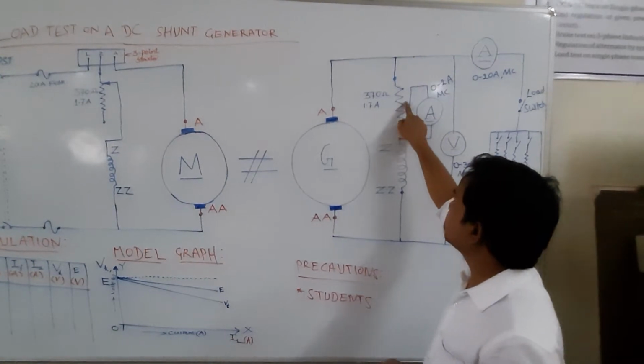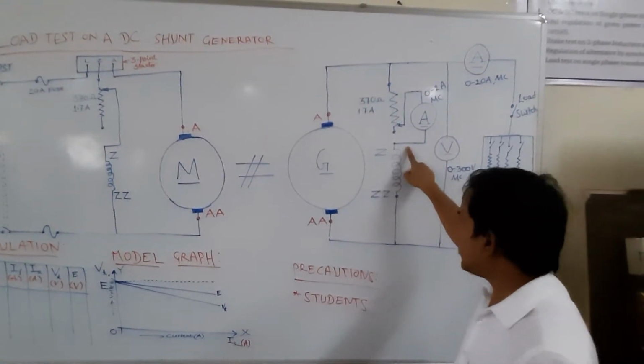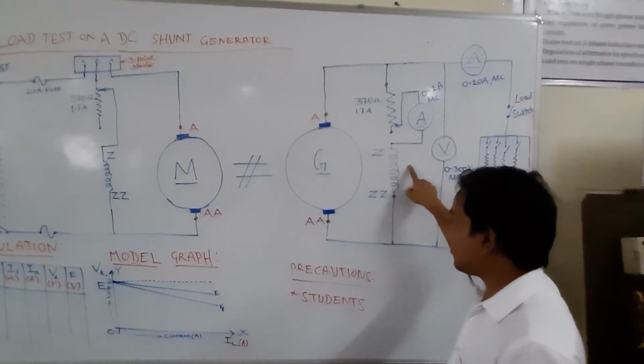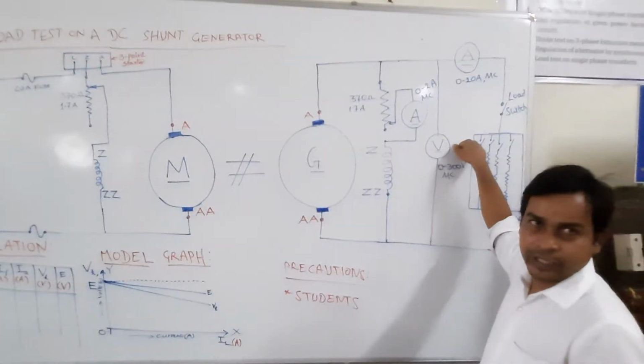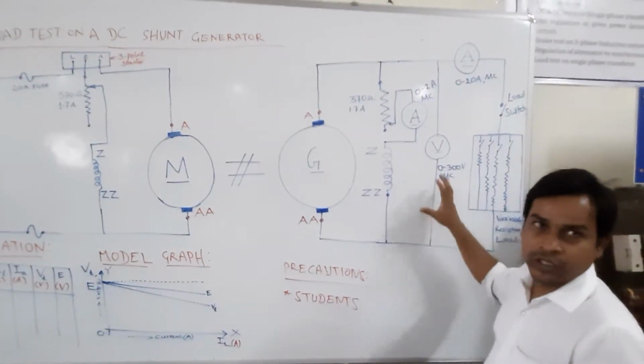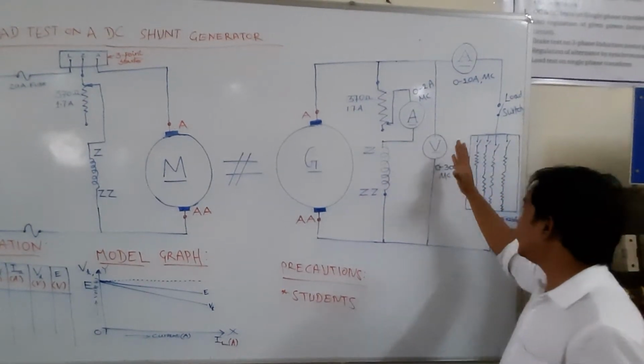If I keep on decreasing the resistance, the current will keep on increasing. If current increases, the flux increases. As flux increases, the voltage increases. As the voltage increases, you will see here, this voltmeter will show that the voltage is continuously increasing. Okay. Once you get the rated voltage, 220 volt, then what I will do is I will switch on